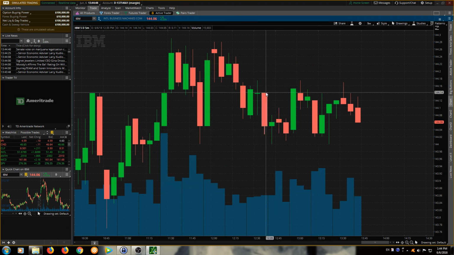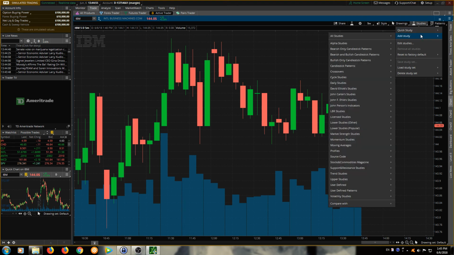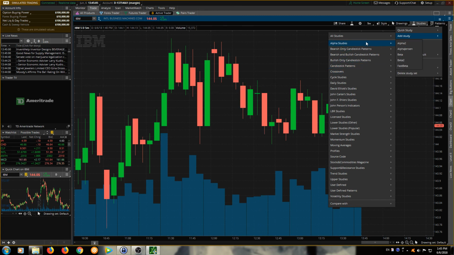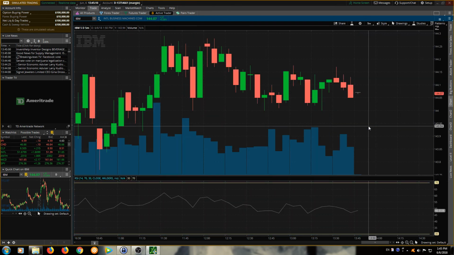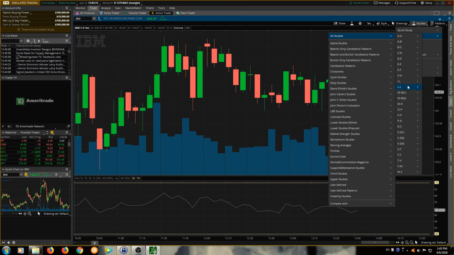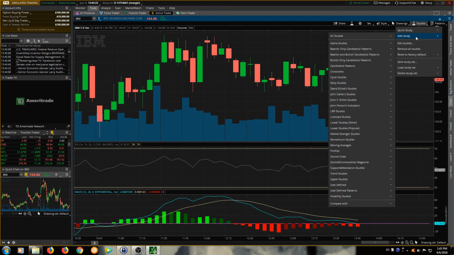So then click OK. Now, for studies, generally I have a few that I like, but there's hundreds in here, and you can just go through them, trying them out. Some will be put in a lower window. Some will be put right in the chart. I'm going to add the ones that I typically use. I like RSI, and I like MACD. So got those two. And the other ones that I use are Ichimoku,